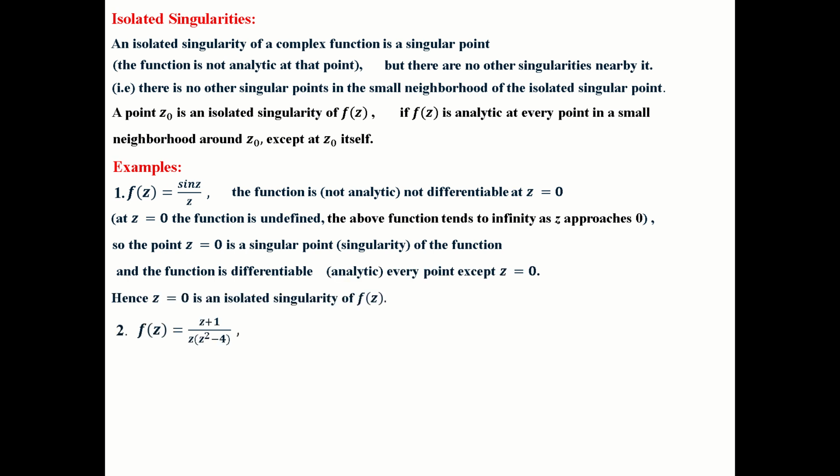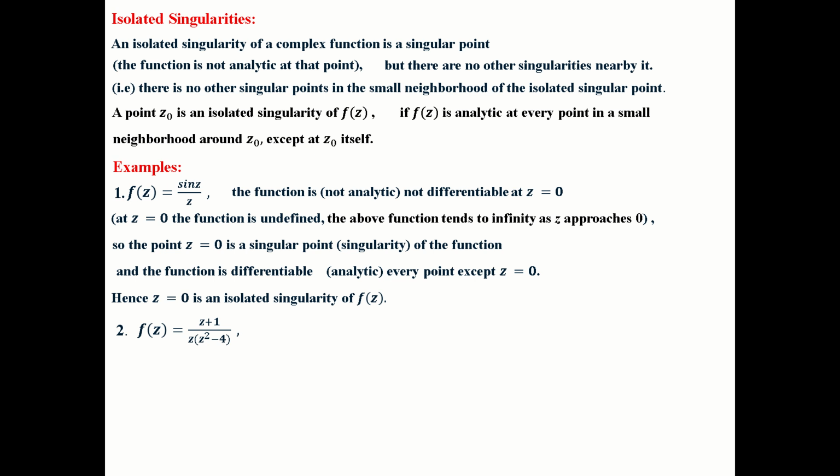Similarly, you can take f of z is equal to z plus 1 by z into z square minus 4. Consider the denominator. When z is equal to 0, the function is undefined, so it is a singular point. Around it you put a small neighborhood, taking 0 as the origin. In that region, f of z is differentiable except at z is equal to 0. Don't take a big one; take a small radius, like 0.5, 0.3, 0.2, or even 0.002. There are so many circles you can form; that is called a neighborhood. In that region, f of z is differentiable. So z is equal to 0 is an isolated